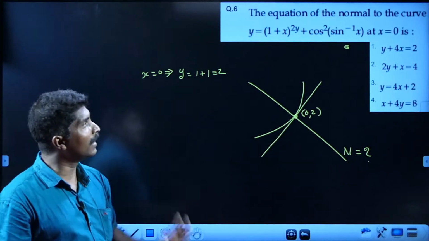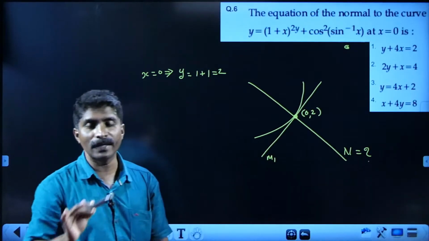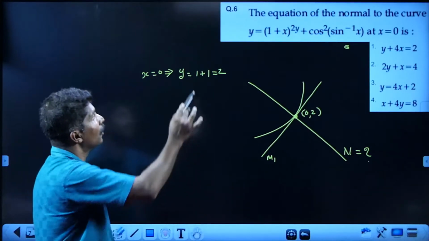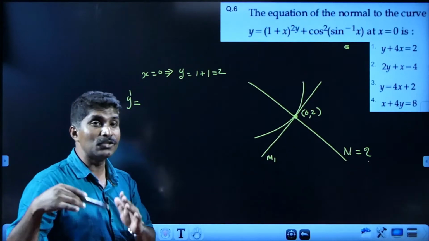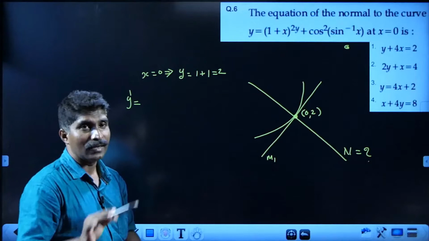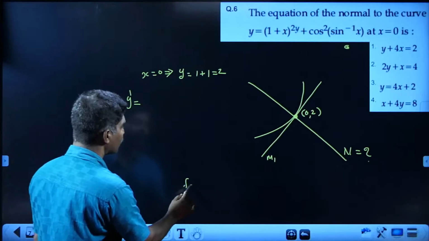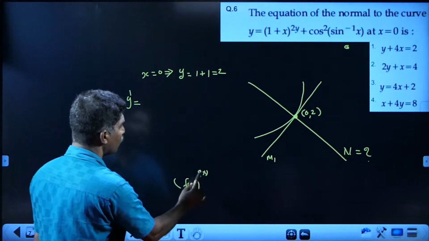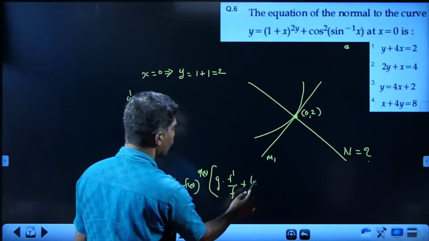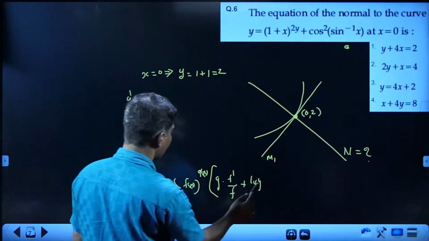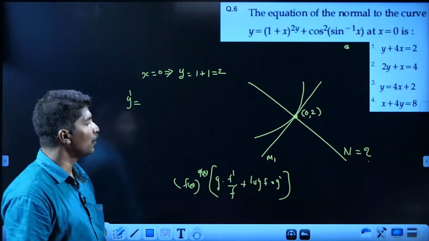Now, we have to find the slope of the tangent, m1. How will you get the slope of the tangent? By just differentiating. So, differentiating you will be getting y dash is equal to, it is an f of x raised to g of x model, a function raised to a function, logarithmic differentiation, you know it. What is the formula for logarithmic differentiation? f of x raised to g of x into (g into f dash divided by f plus log f into g dash). This is a shortcut formula, a very simple formula that will help you save a lot of time.